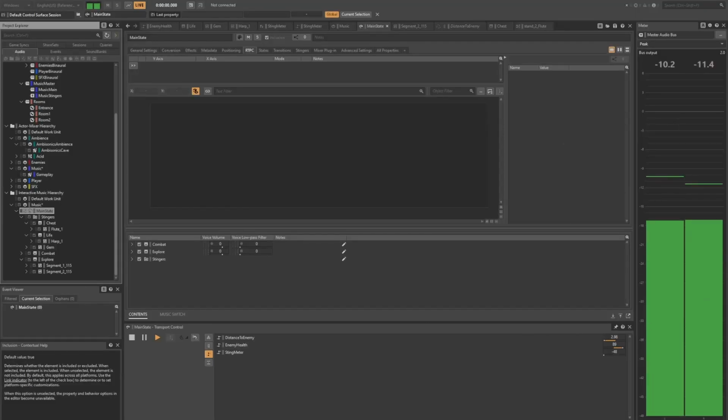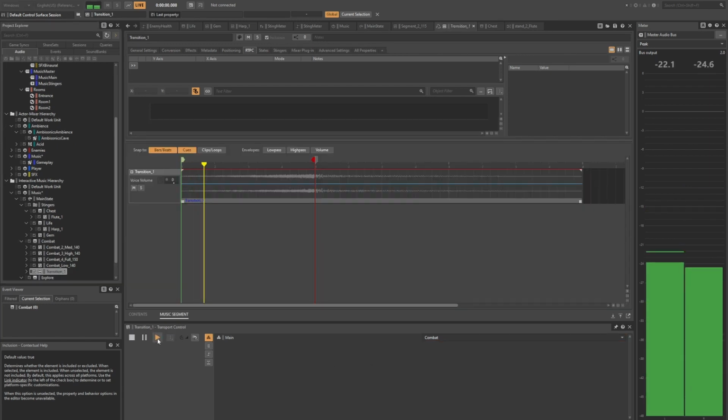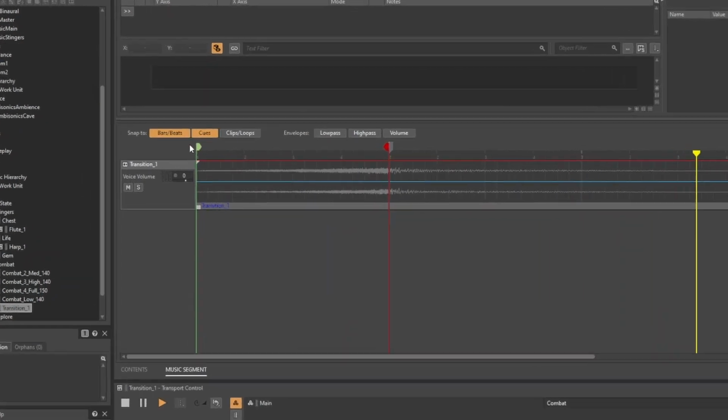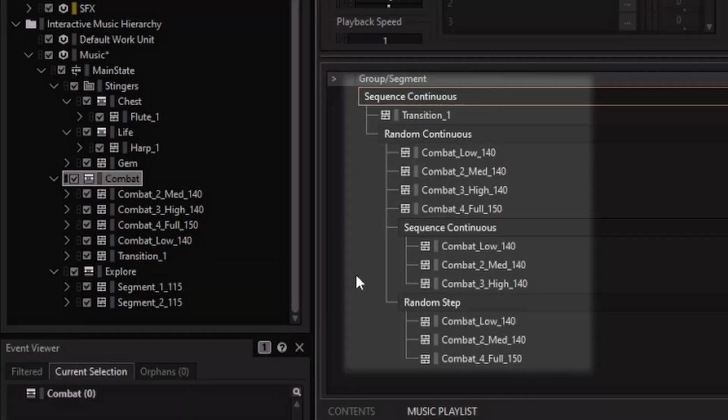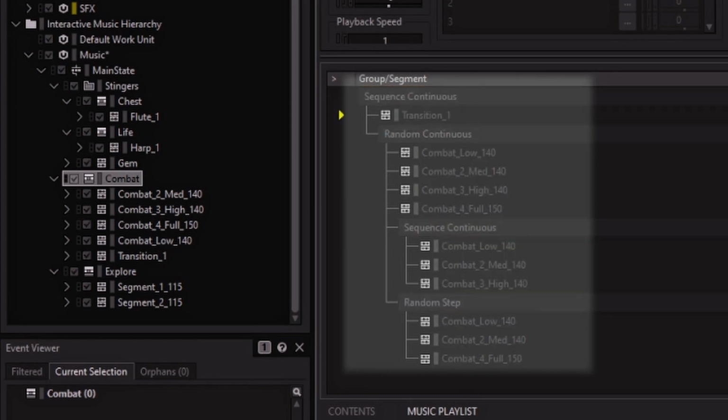When the character enters the main boss area, the main state of the game changes from Explore to Combat. As the music for these two modes have different BPMs, I composed this riser that will play before the Combat music. As I want the Combat music to play in the downbeat of the riser, I set this as my exit cue. After the transition is played only once at the beginning inside of this continuous sequence container, I enter into